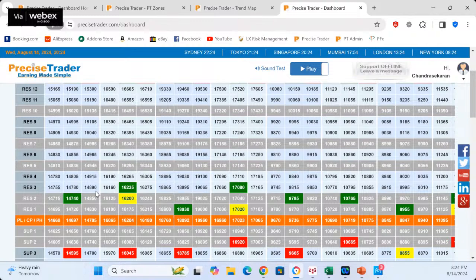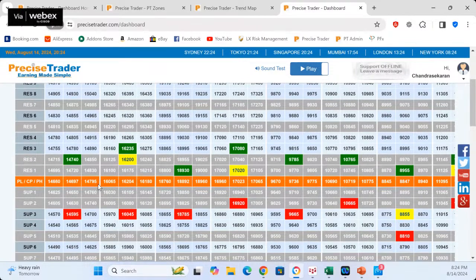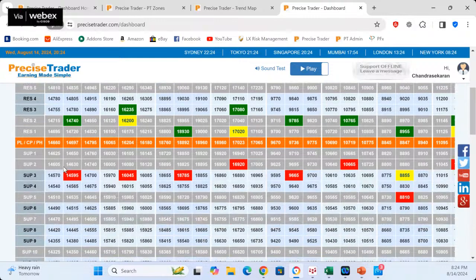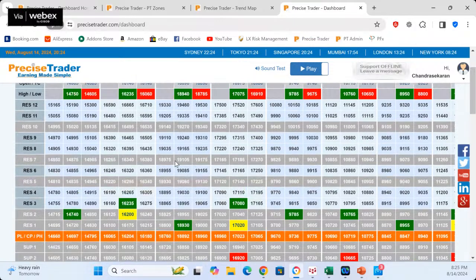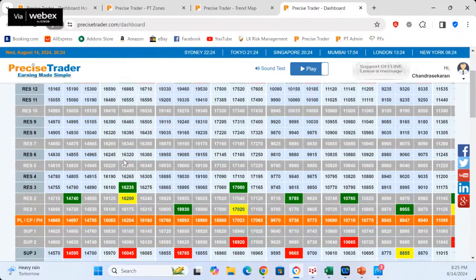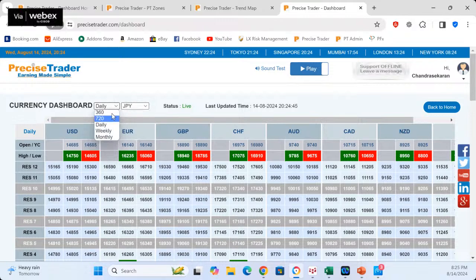And if the data is bad, we expect 146.60 to break, 146.05 to break, and even lower, towards 145.35 or lower. So please take note of that. The next thing is, if you're an aggressive trader, what I would suggest is try to sell at 147. Let me change that screen.